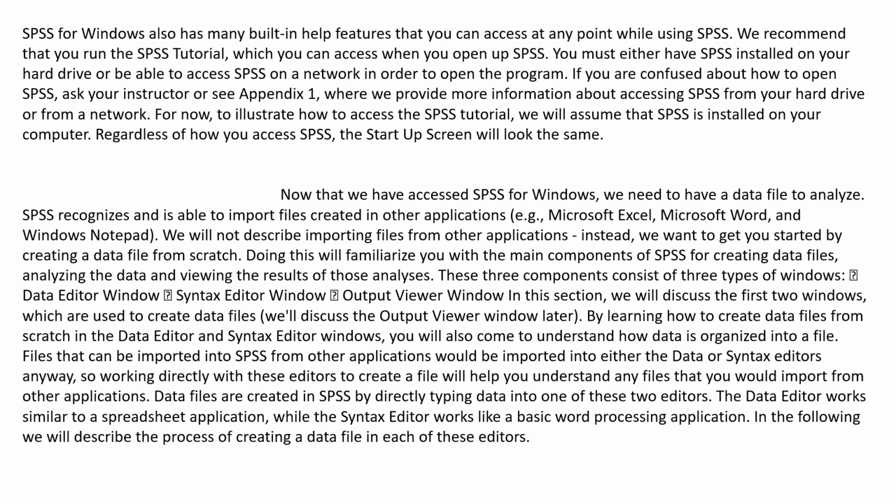By learning how to create data lines from scratch in the data editor and syntax editor windows, you will also come to understand how data is organized into a file. Files that can be imported into SPSS from other applications would be imported into either the data or syntax editors anyway. So working directly with these editors to create a file will help you understand any files that you would import